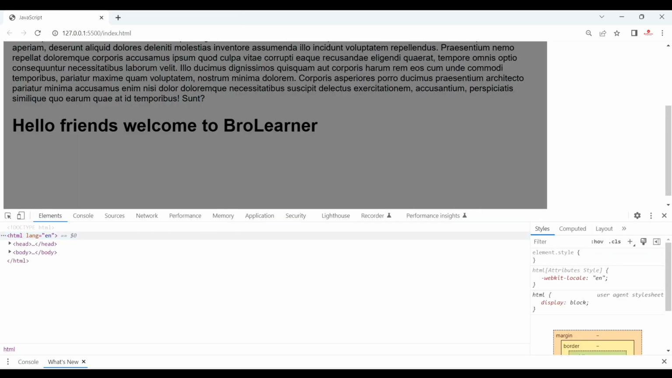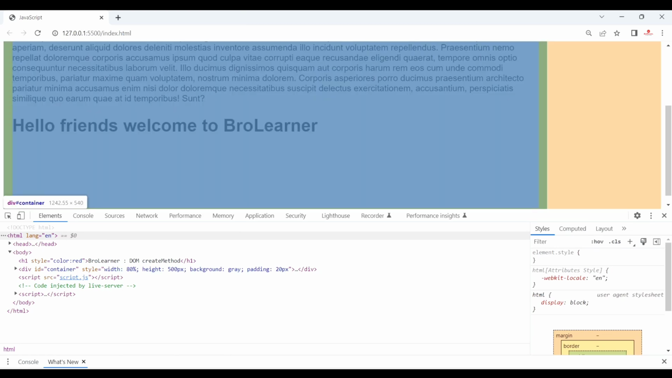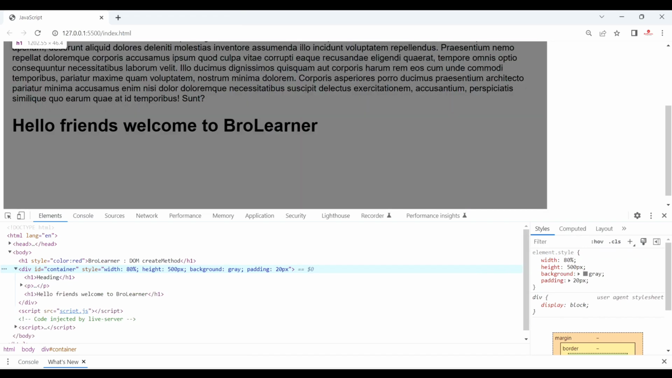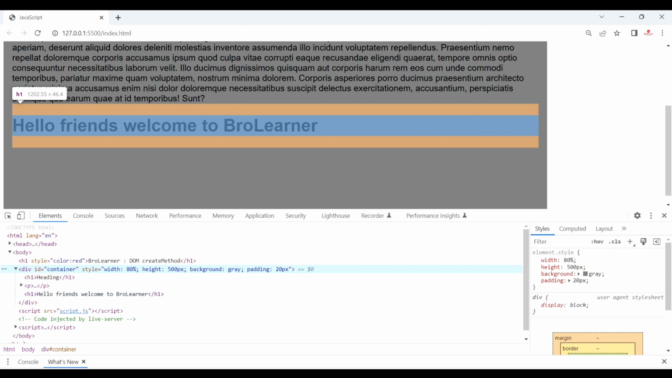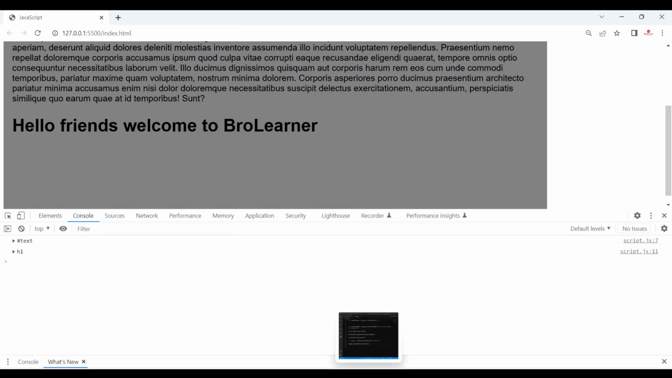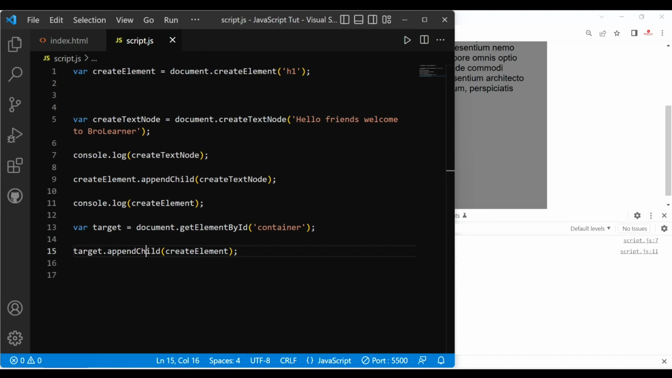In this div we have our h1 tag and p tag, which is in our document. Now after that we append this hello friend, welcome to BroLearner, which is at the end. Now we will see how we can append at the top of our div. For that, I just comment this out, and after that we use here